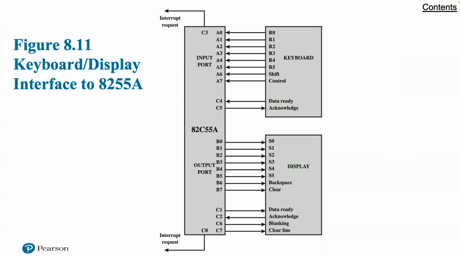The keyboard provides 8 bits of input. 2 of these bits, shift and control, have special meaning to the keyboard handling program. However, in the processor,